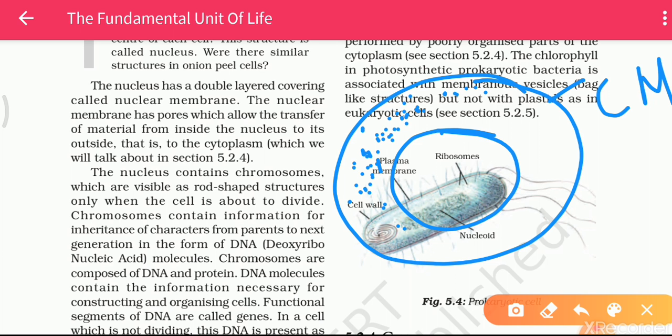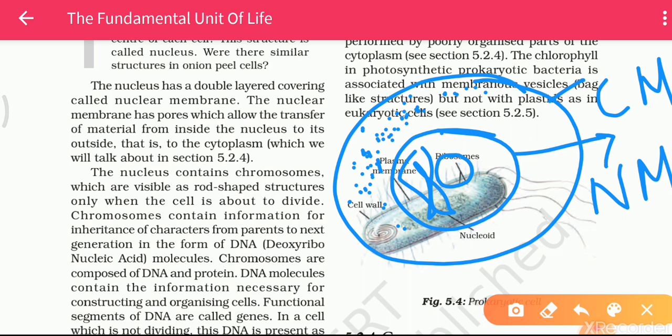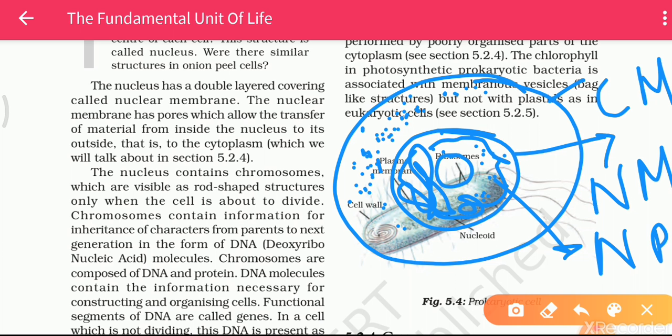And this is the nucleus. The outer covering of the nucleus is called the nuclear membrane. Inside the nuclear membrane, the nucleolus is present, the thread-like structure chromatin material is present, and the liquid nucleoplasm is present. That is very important. If you know the structure of this, then you can easily understand what is here.